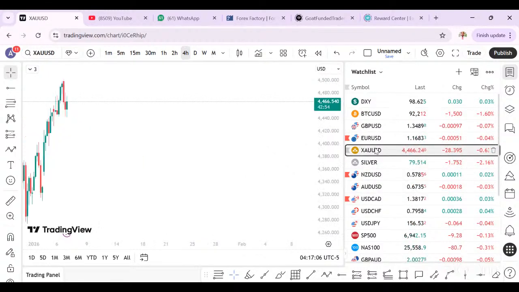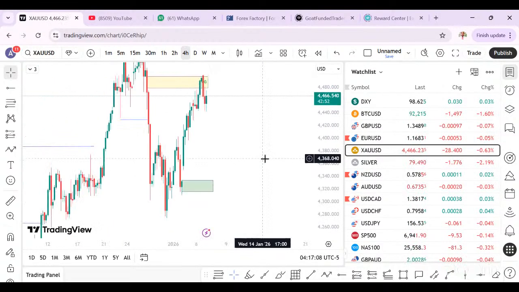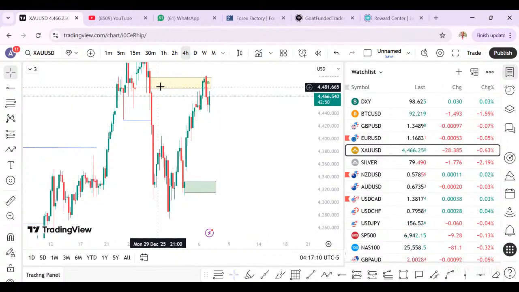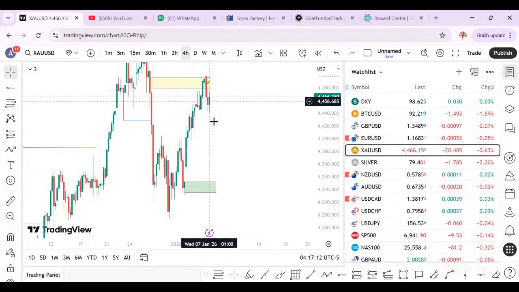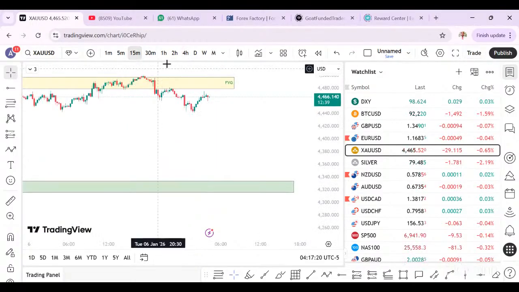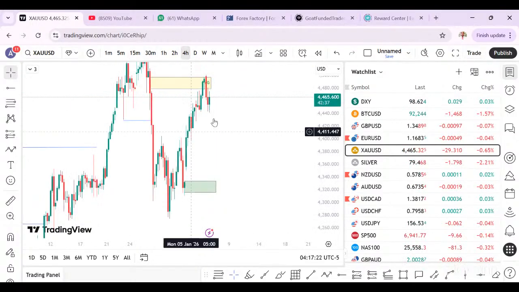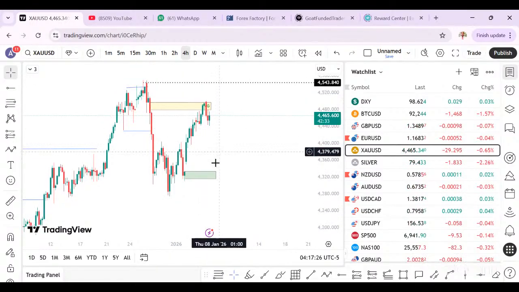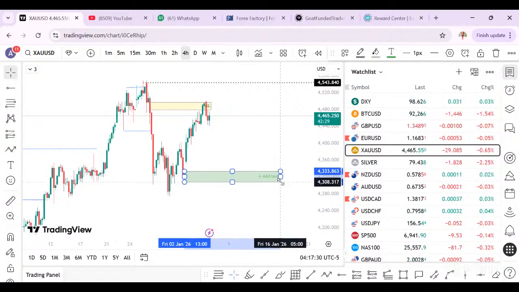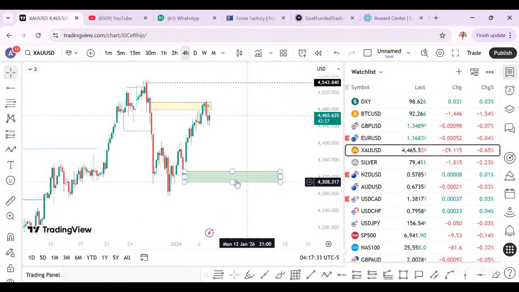Since I talked about gold yesterday, I put a marker at gold. If you want to sell, look for displacement and sell. But gold is bullish, though here we may see price holding that place. We have a gap here. This is where I'm looking to buy gold. If price drops to this place, I'm looking to buy. I'm not interested in selling gold. Rather, I'm looking to buy gold.